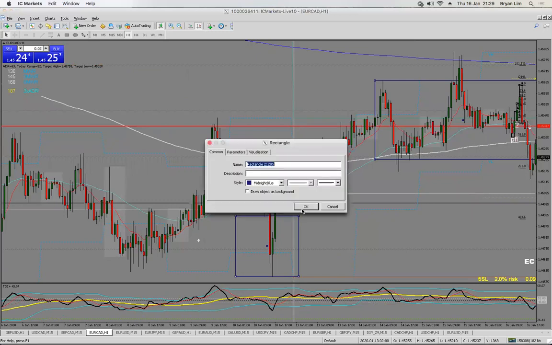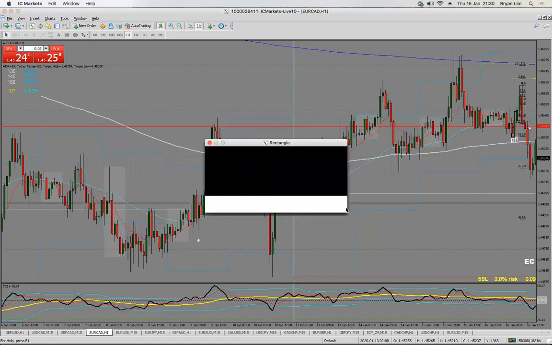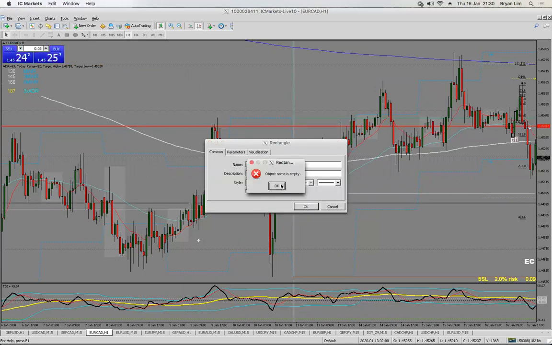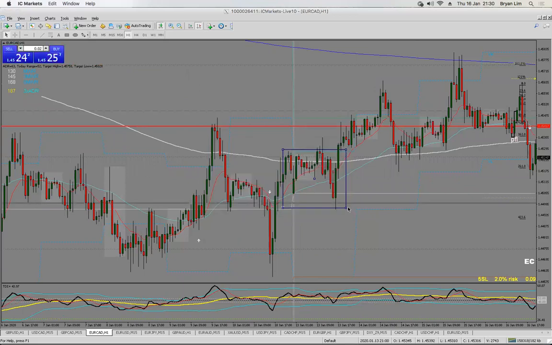So let me just delete all of this for now. So just delete this, just delete. I don't care, just delete. This is why I prefer MT4, not TradingView. All right, so